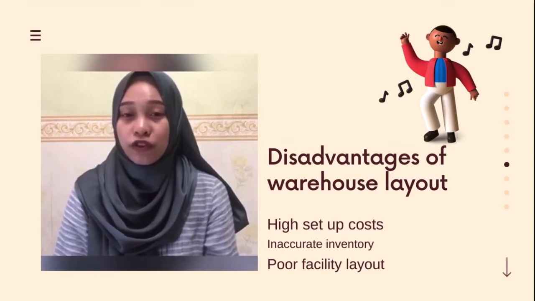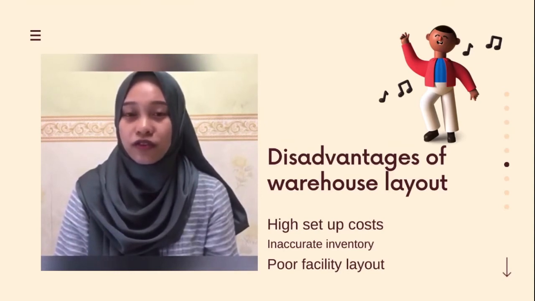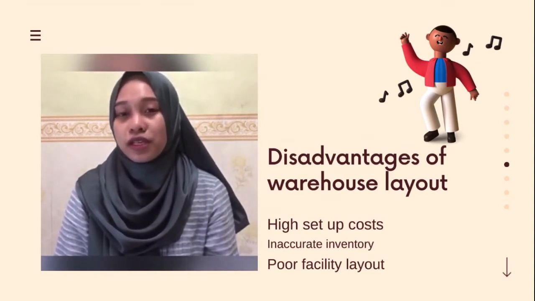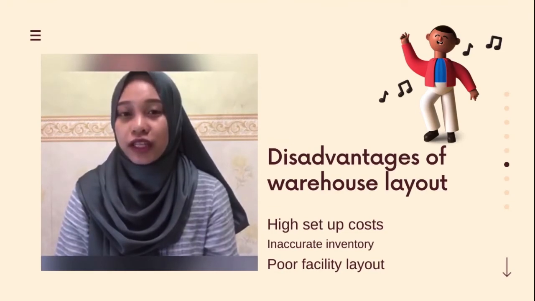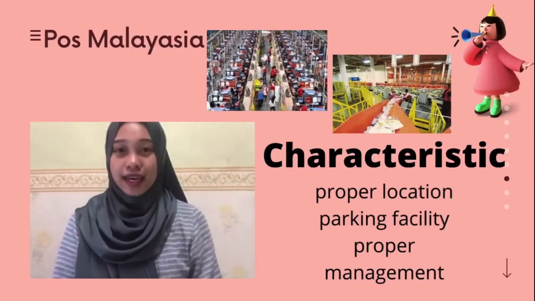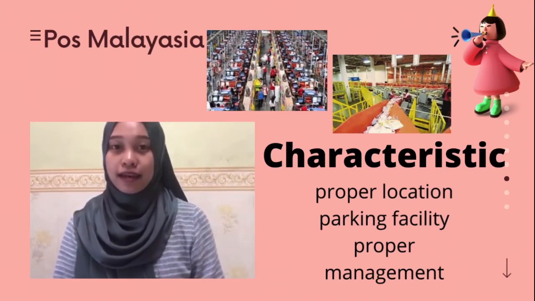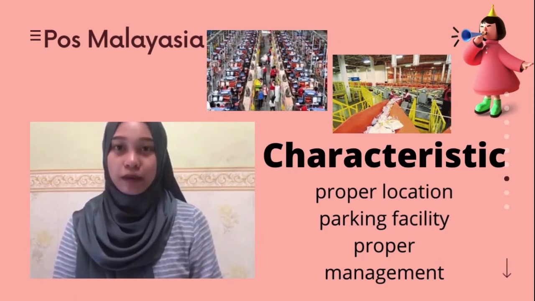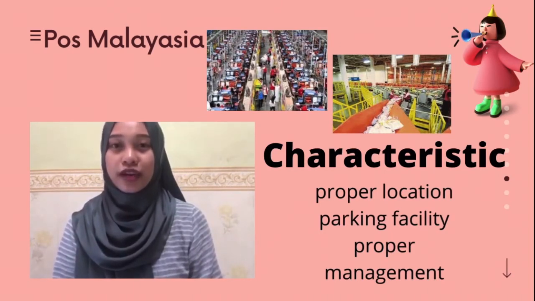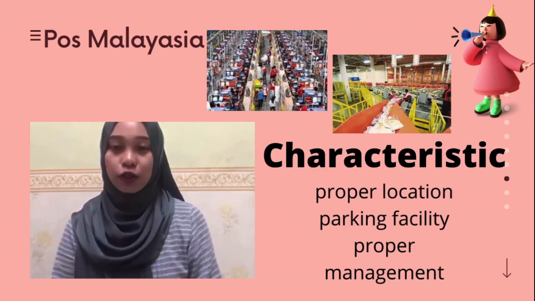Poorly configured warehouses are a major cause for worry for managers because of the inherent potential for negative impacts on profits. Next are two examples of companies that use this type of layout: Pos Malaysia and IKEA. I will explain Pos Malaysia first, and the three characteristics of warehouse layout used by the company are: first, proper